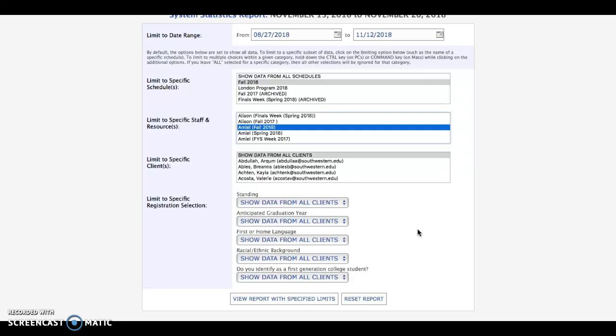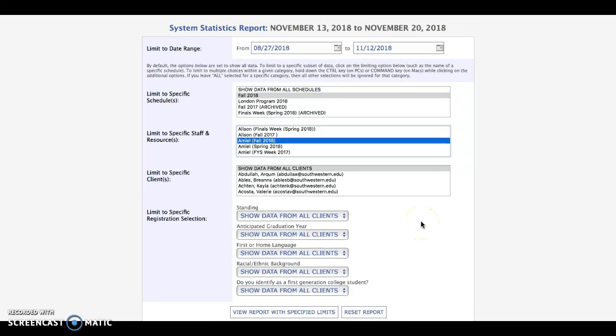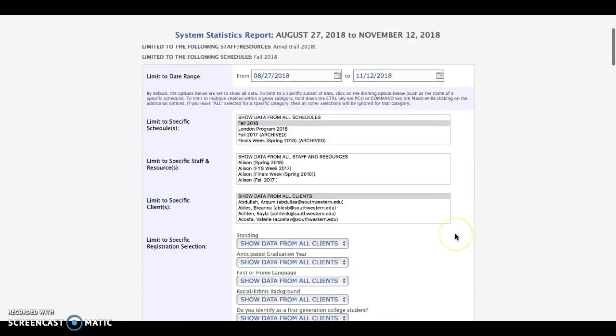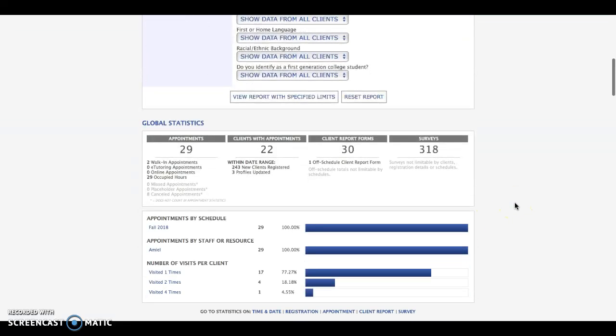So once we have gone ahead and limited the schedule, limited the resource, all we need to do is view report with specified limits. And what will happen is it will pull all of Emil's global statistics. So for example, Emil's had 29 appointments. There's 30 client report forms. Clients with appointments were 22, which means that she's had a couple that were like walk-ins